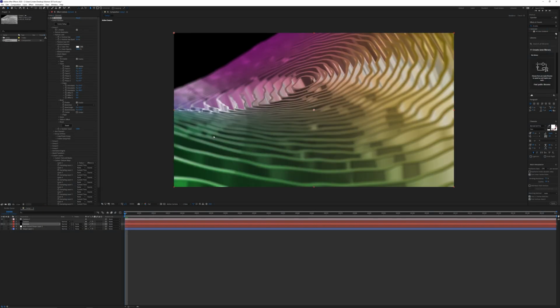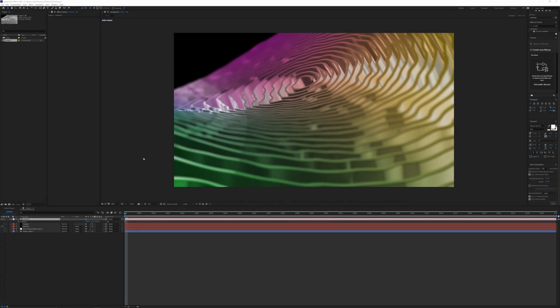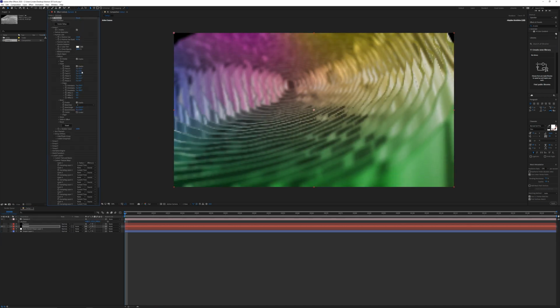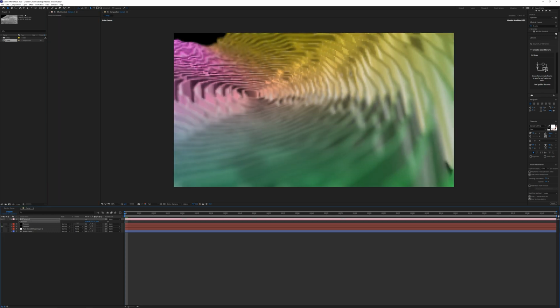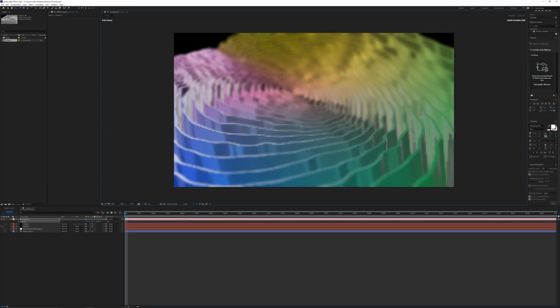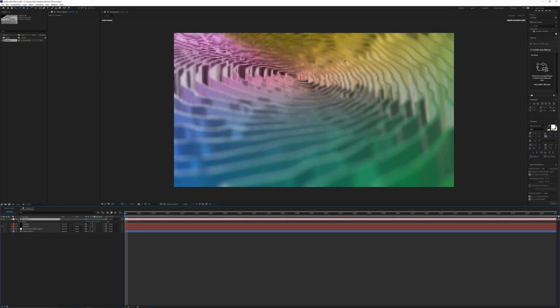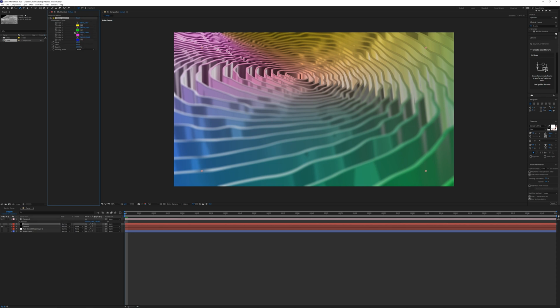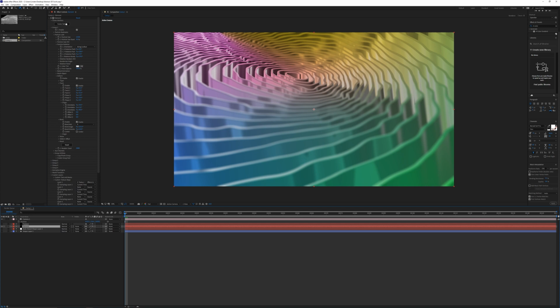All right, so this is temporary right now, but there's too much black space, I think, in that corner there. So I'm just going to change the camera orientation, find a better position for the camera. All right, so something like this, I think, is going to be a little bit better for what I want. The other shot was interesting, but too much negative space in the back there.